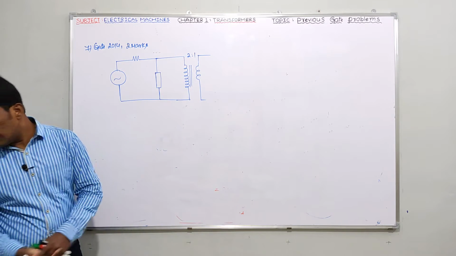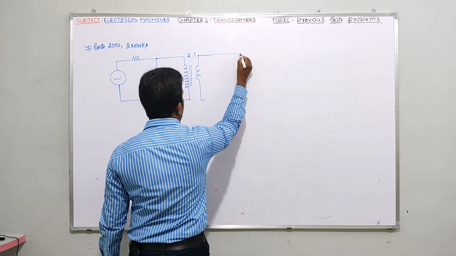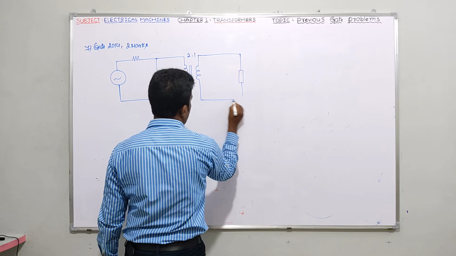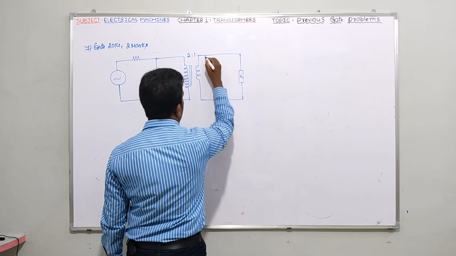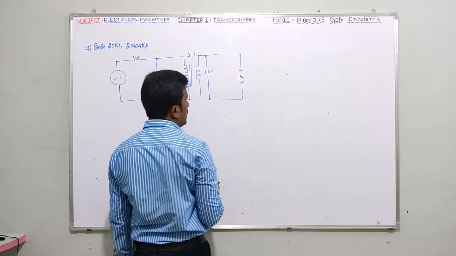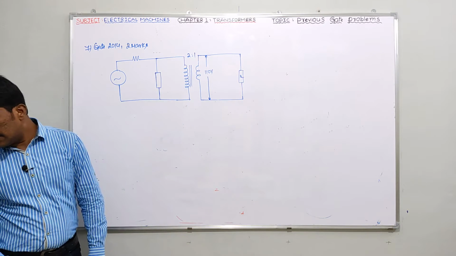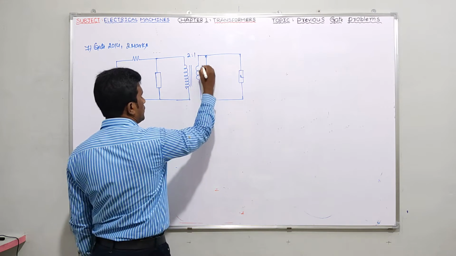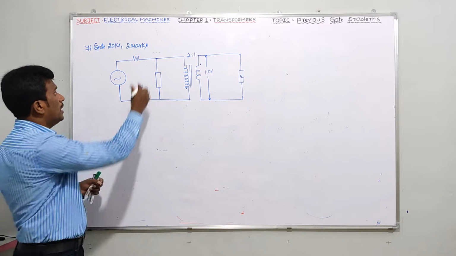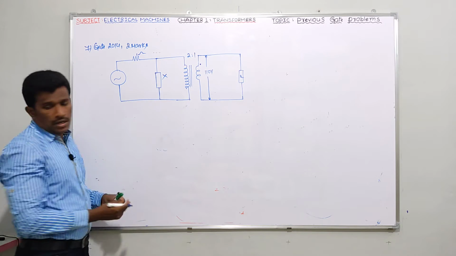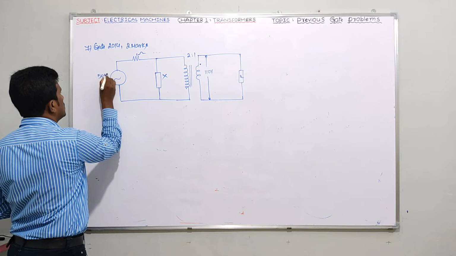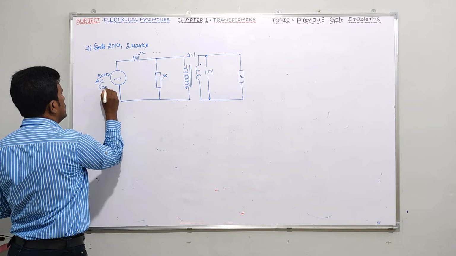Next, he connects some load. ZL is the load here. And he has given voltage here, 110 volts. I think he kept some dots also, let me keep dots here. Yeah, 2:1, 110, ZL, 1 ohm, and here he has given X, something like that. And what about the supply? It's a 50 hertz AC source.